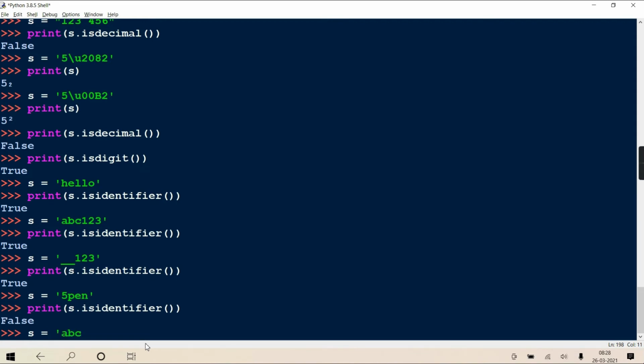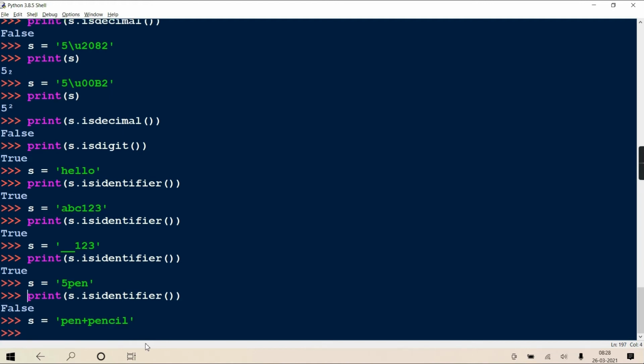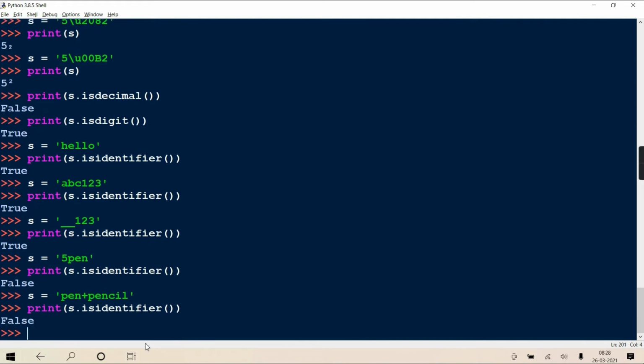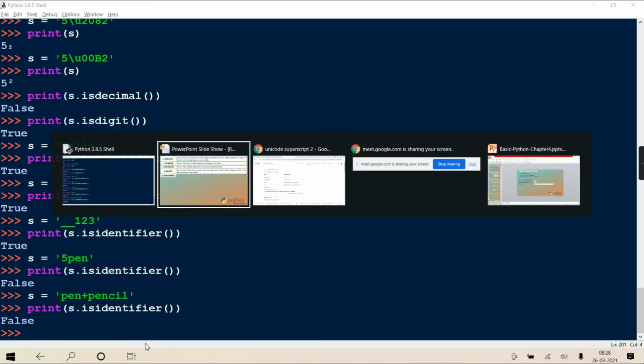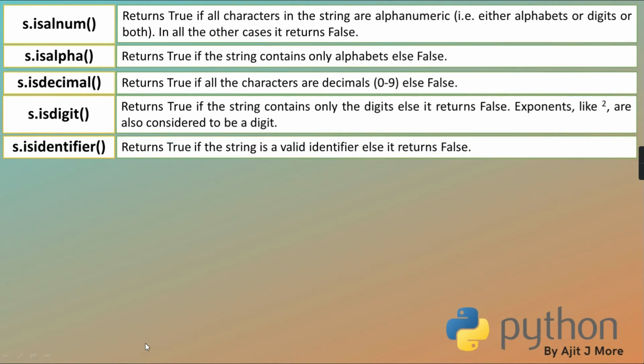But if I write abc123, that is done already. Now suppose some other characters come, like pen+pencil. Obviously false, because plus is not a valid symbol for an identifier. So isidentifier is clear to you.